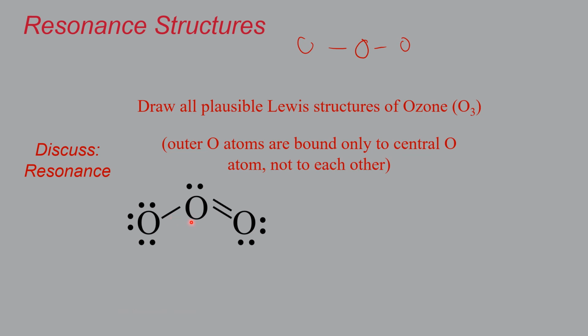And so in this case, you need to invoke the other resonance structure, which is that you've made, in this case, the right side bond a double bond. In this case, it's the left one. So ozone has two resonance structures. Now you might be wondering why I drew this bent. And that is the subject of